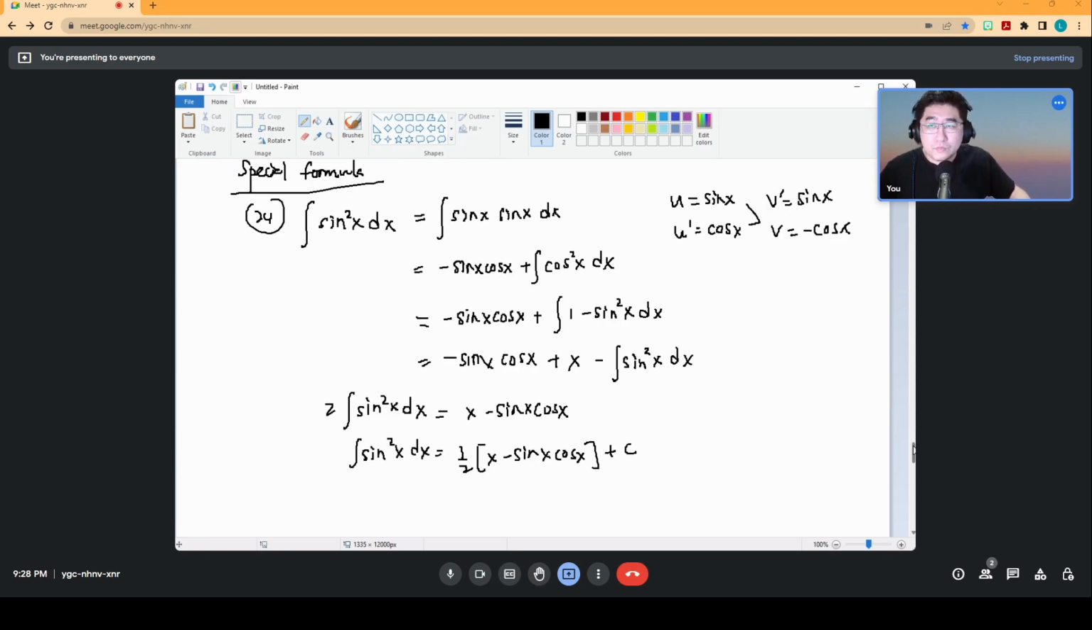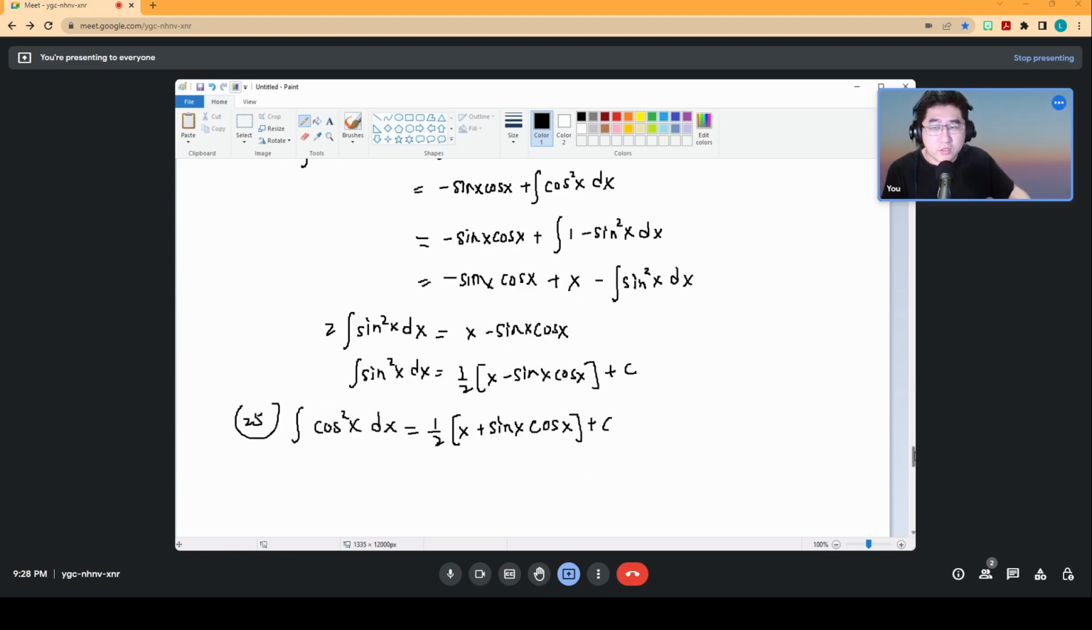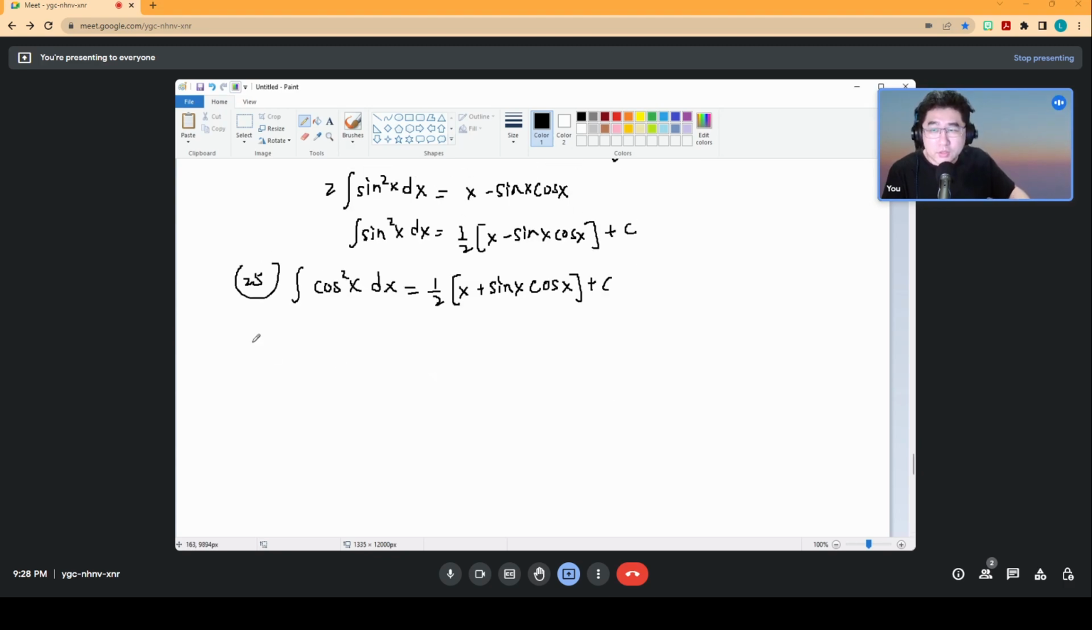Rule 25, which is cos square x dx, actually gives us 1 over 2 of x plus sine x cos x, and it uses exactly the same process as 24. Then 26,